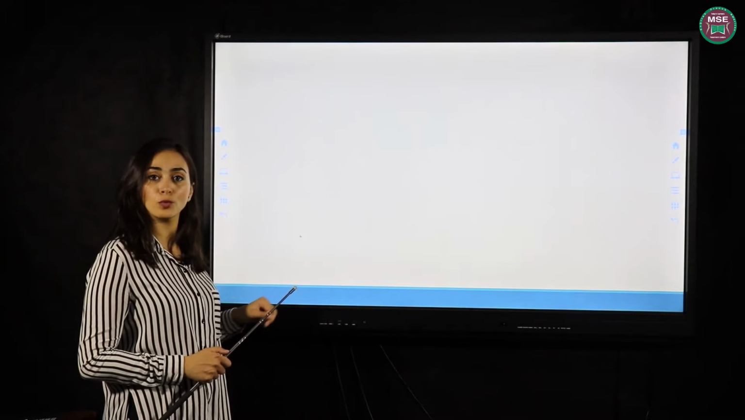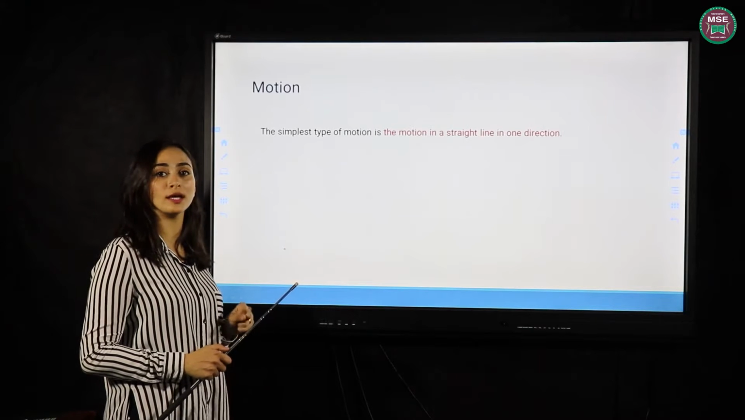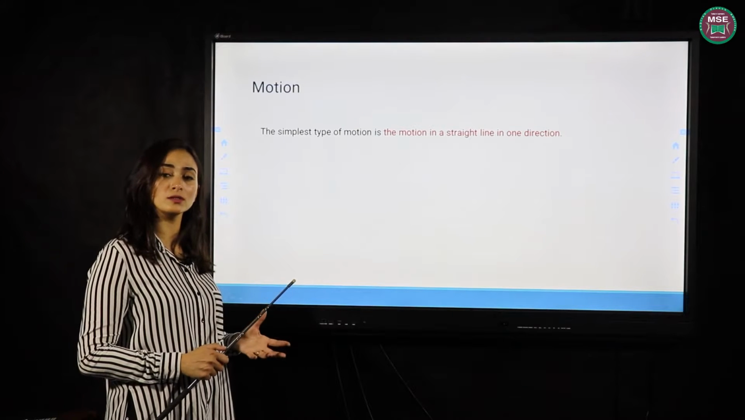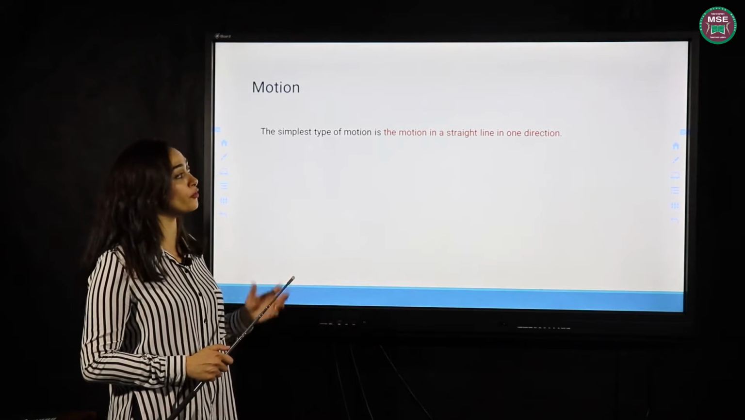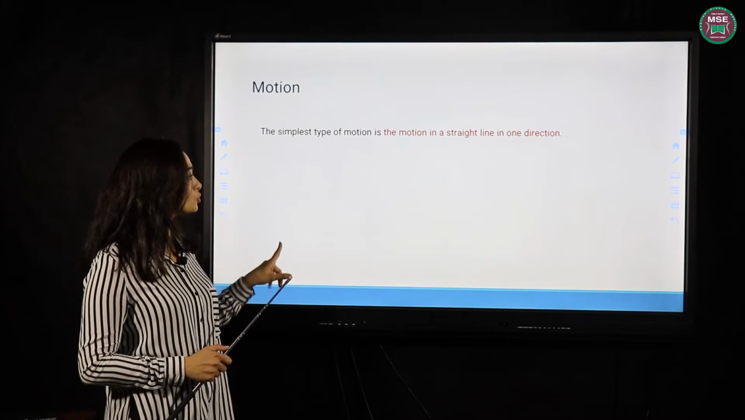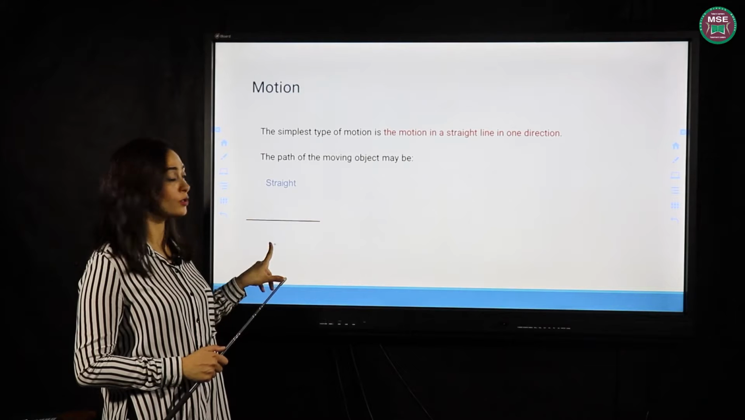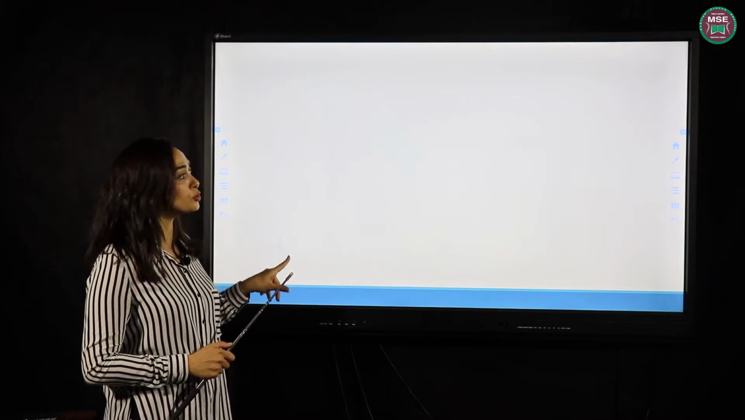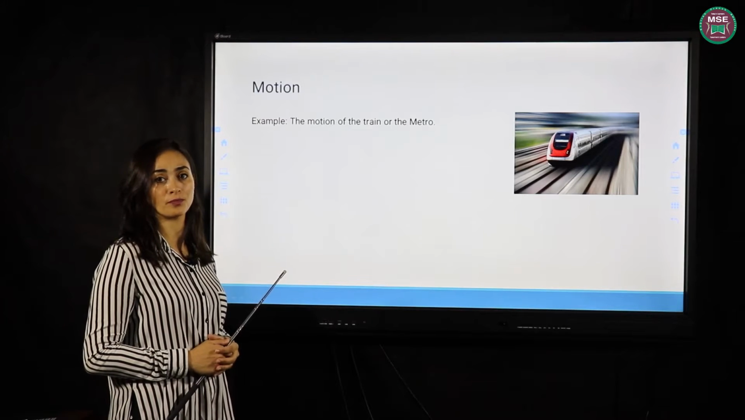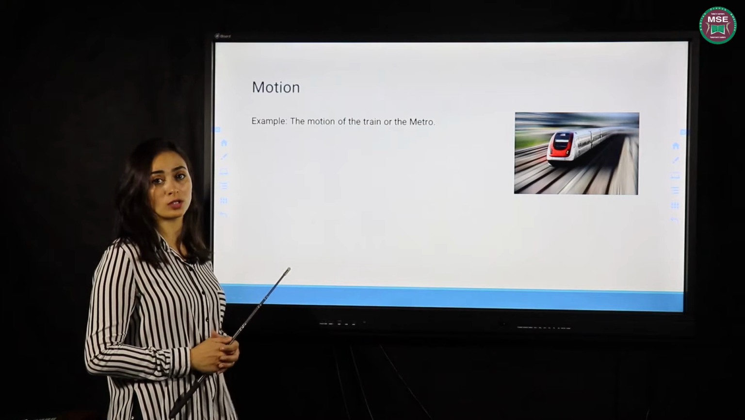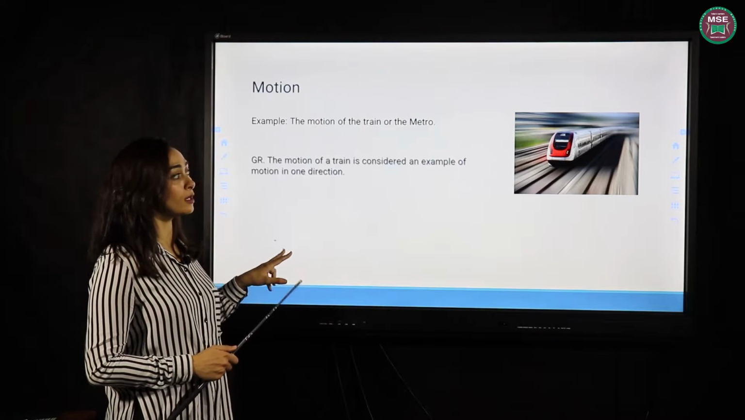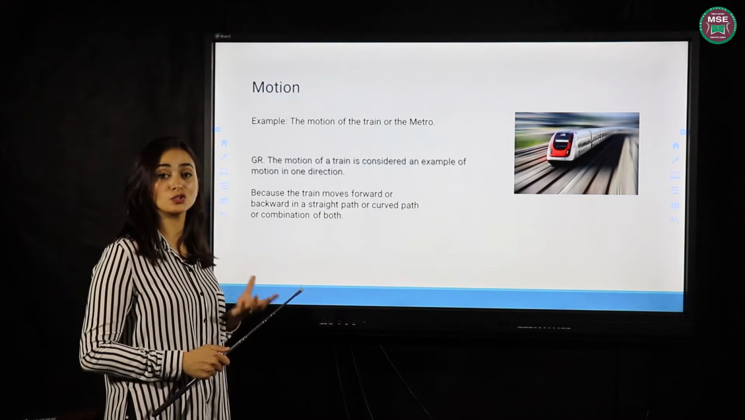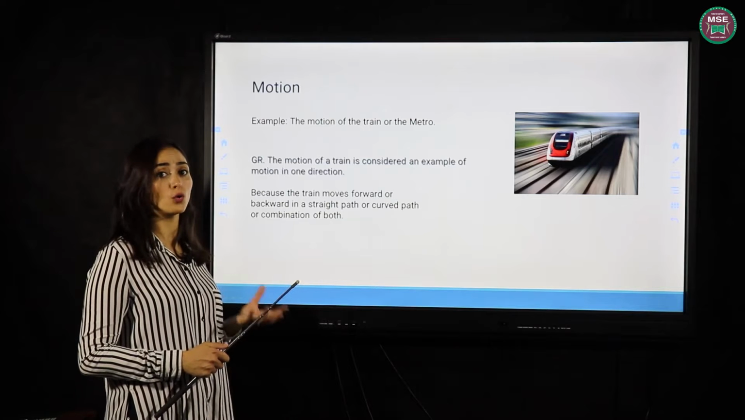The simplest type of motion is motion in one direction in a straight line. The path of this motion may be straight, curved, or a combination of both. For example, motion of a train or metro is an example of motion in one direction. Why? Because the train or metro moves forward or backward in a straight line, in a curved path or straight path